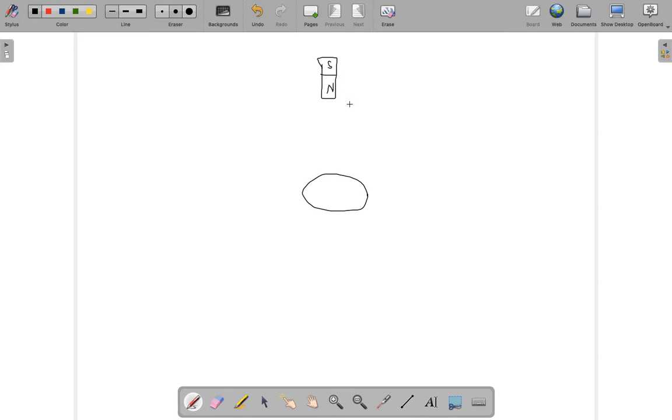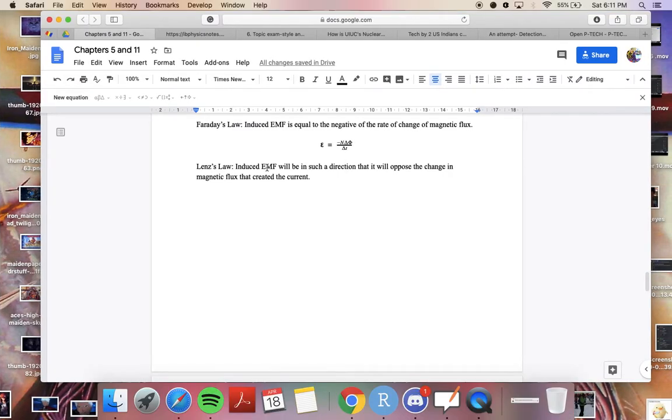We see it with a metal tube, or just a simple coil in this case, just to make things a little simple. So let's say this is moving down, and as it's falling down towards our coil, it's experiencing a changing magnetic flux. By Faraday's law, we will get an induced current in this coil. But in what direction would this current be induced? In order to find that, Lenz's law states that it will oppose the change in magnetic flux